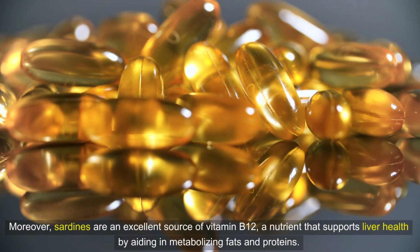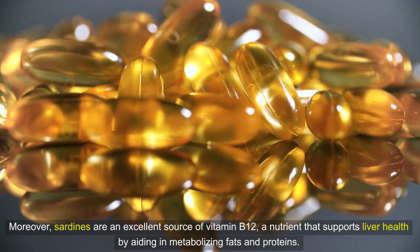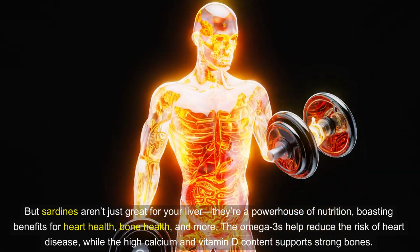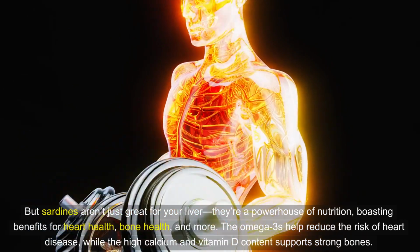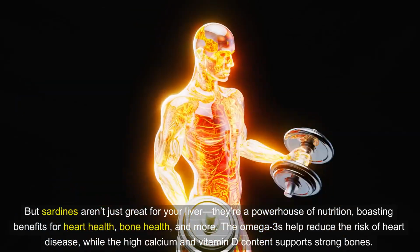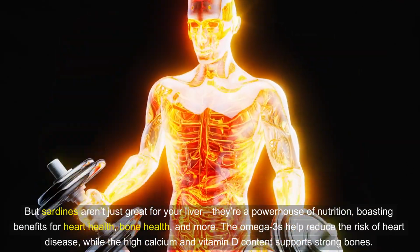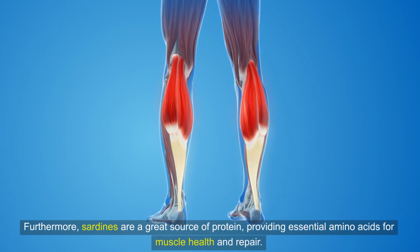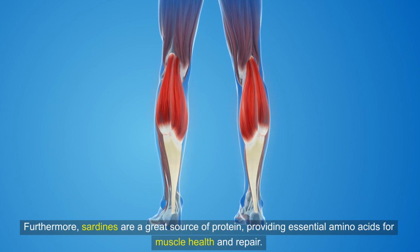Moreover, sardines are an excellent source of vitamin B12, a nutrient that supports liver health by aiding in metabolizing fats and proteins. But sardines aren't just great for your liver, they're a powerhouse of nutrition, boasting benefits for heart health, bone health, and more. The omega-3s help reduce the risk of heart disease, while the high calcium and vitamin D content supports strong bones. Furthermore, sardines are a great source of protein, providing essential amino acids for muscle health and